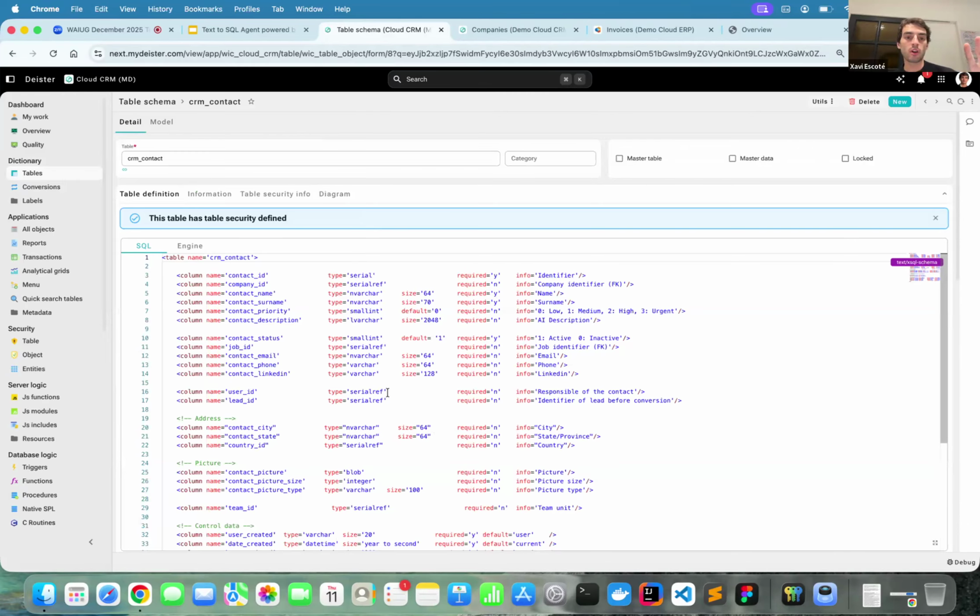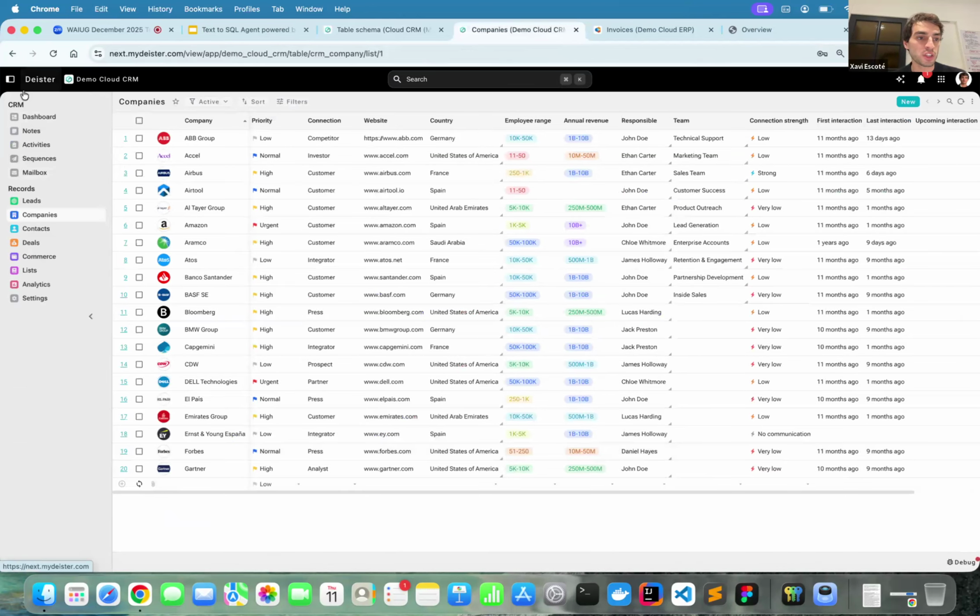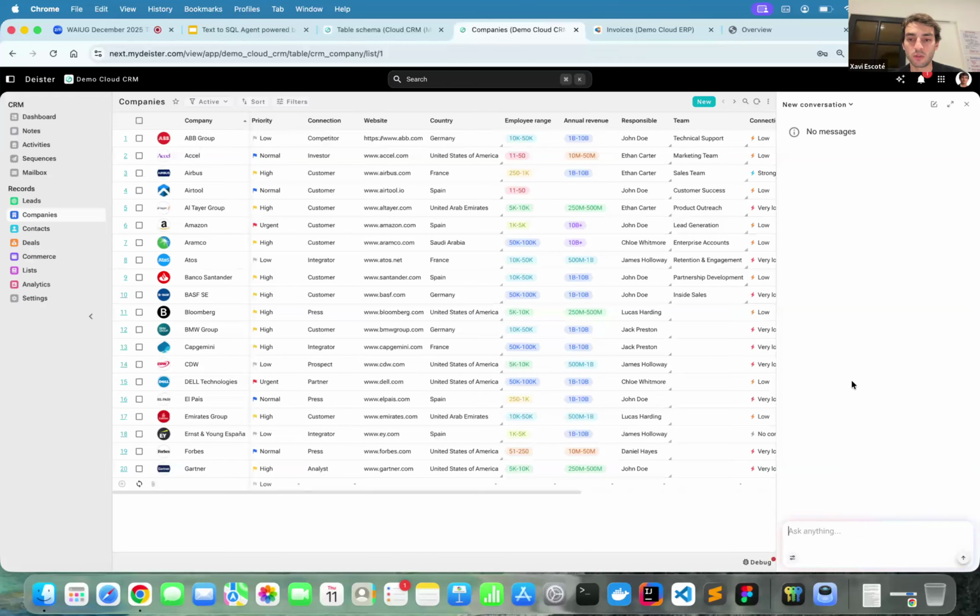Based on this model, we can now go to an actual application, which is the CRM application that I was mentioning before. And I can always come here and open up the chat. So what I'm going to do is say, show companies by priority. And what we're going to see now is that